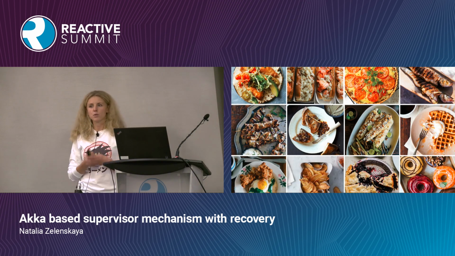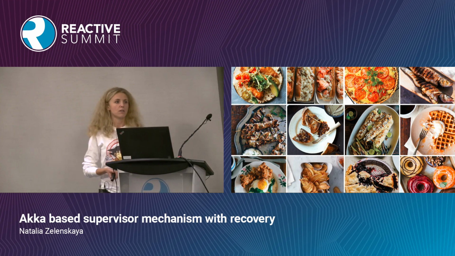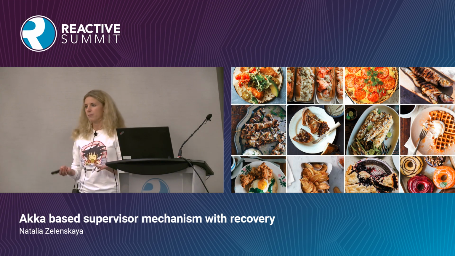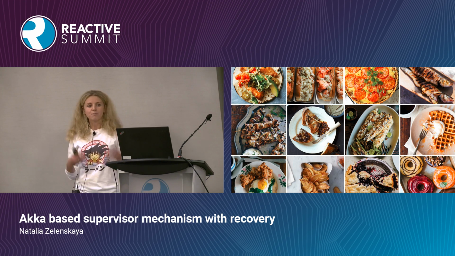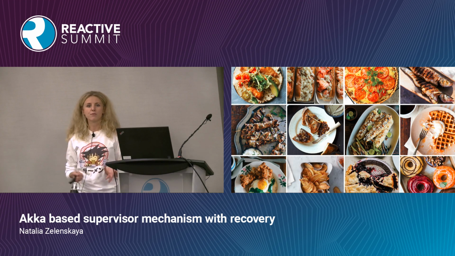GrubHub is an online food ordering and delivery company. Our primary market is the United States, which in my opinion is a very unique market thanks to its rich variety. The United States is known to be a country with diverse ethnicities and customs coming from different countries like China, Mexico, France. The list can go forever. Every time we talk about cultures, we talk a lot about food. And there are lots of nuances and differences.